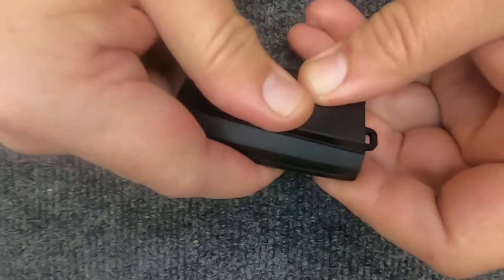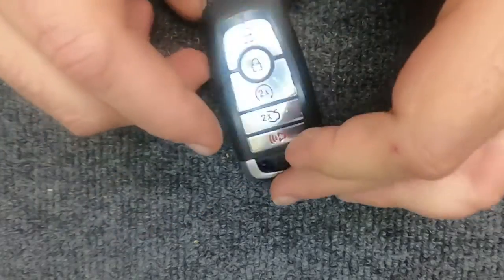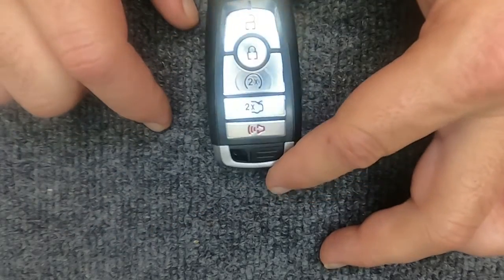Go ahead and put it back together, squeeze it, take your emergency key, put it back in, and you're done. You've just changed the battery